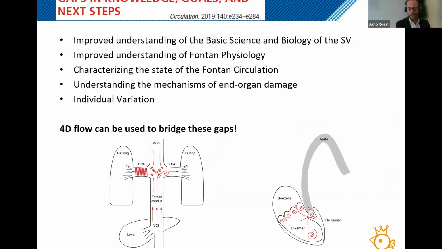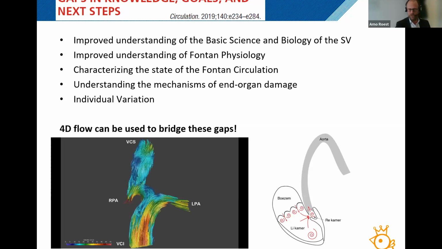Based on the statement published 4 years ago on the management of Fontan patients, a couple of gaps in our knowledge were identified, especially focusing on how we evaluate the Fontan circulation. Do we understand fully the Fontan physiology? Do we understand the mechanisms of end organ damage? And there's also an individual variation in these patients, as I will show you in a couple of slides. And I'm really sure that 4D flow can be used to at least bridge part of these gaps,